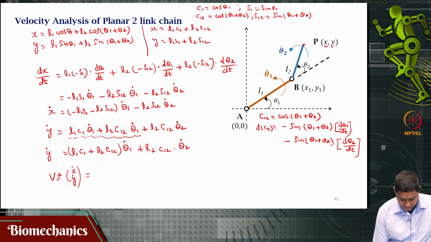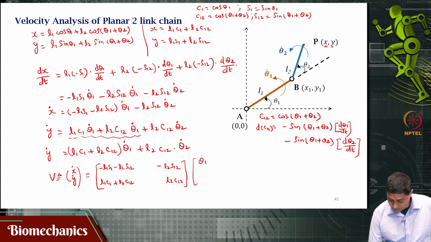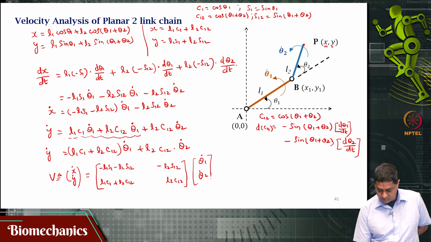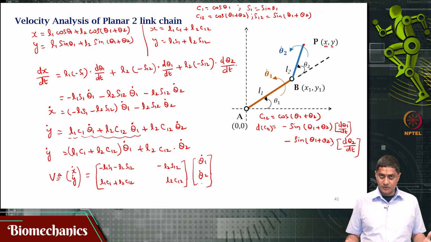This is going to have coefficients minus L1 S1 minus L2 S12, minus L2 S12, L1 C1 plus L2 C12, L2 C12, times theta 1 dot and theta 2 dot. Is it not? Now, if you perform matrix multiplication in the usual method, there is only one correct method to